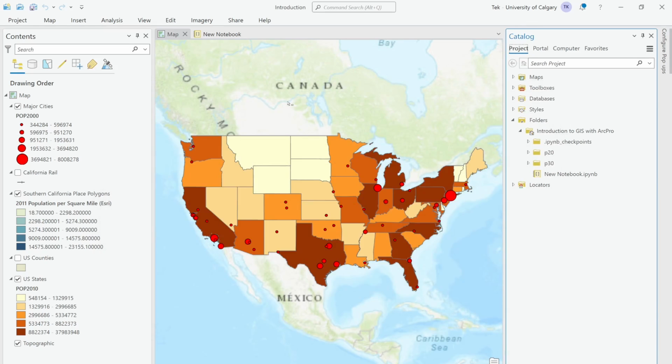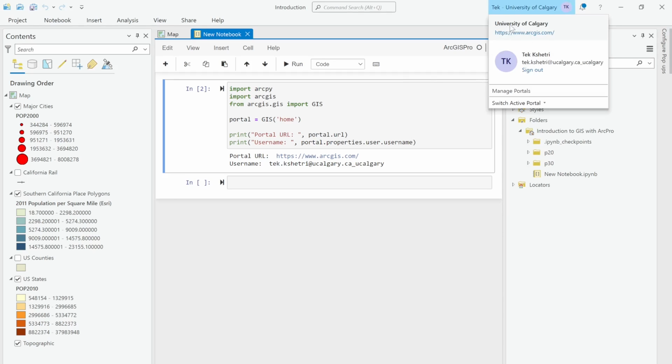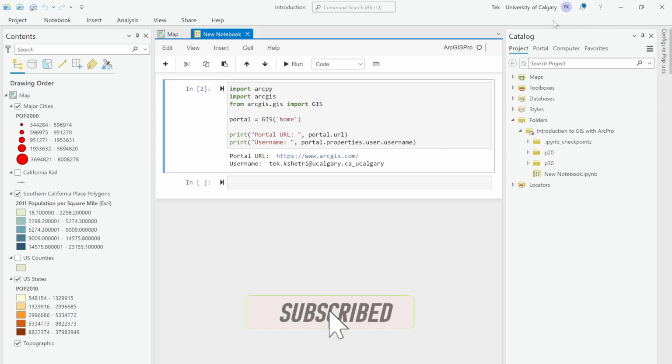And in most of my cases I use the ArcGIS notebook, and using that notebook I try to upload that layer to the particular ArcGIS Online account. And for now, my account is linked to arcgis.com, and if you want to connect to a different portal, then you can